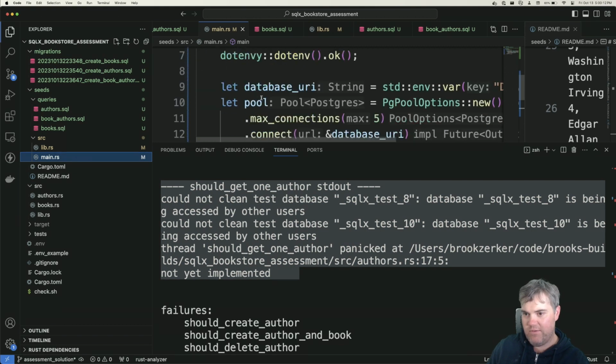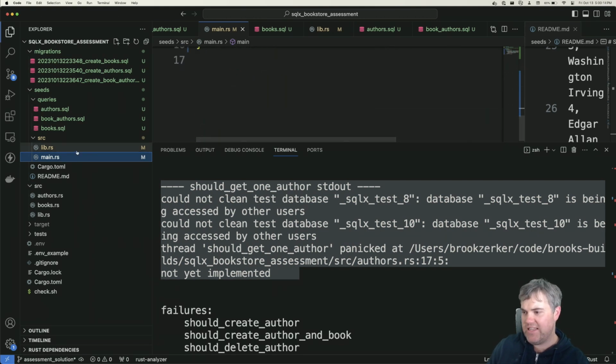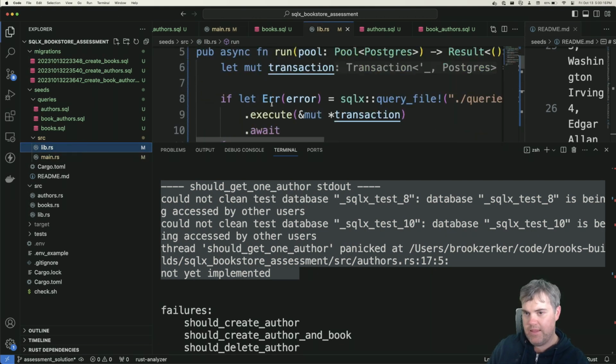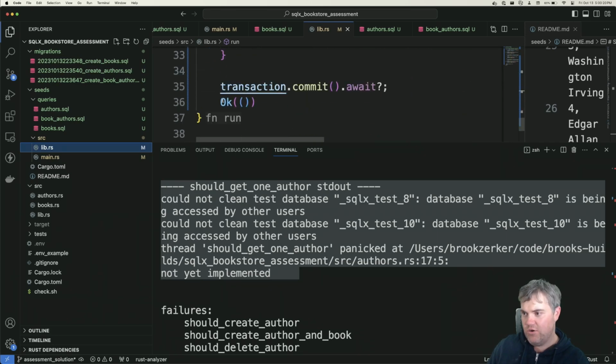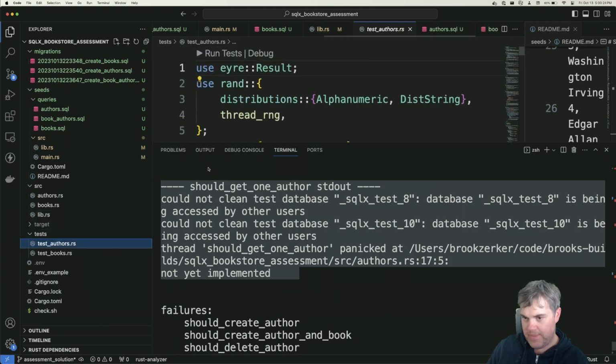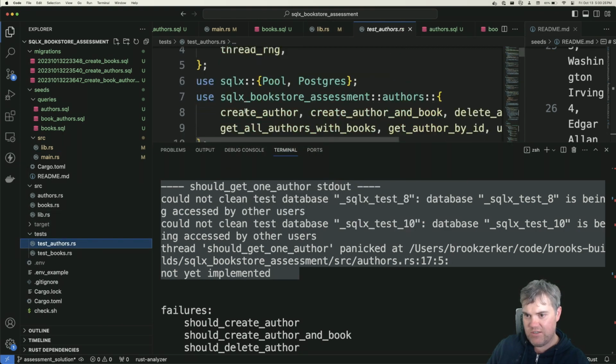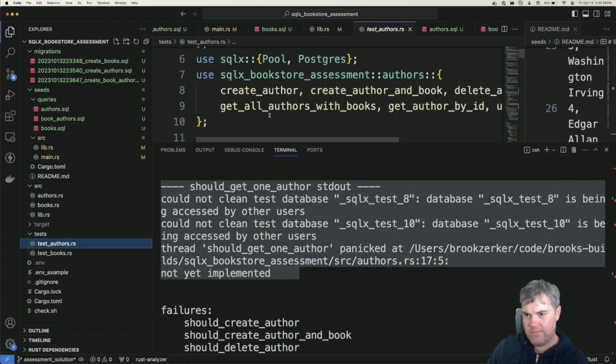And I ran run from this, right? Yeah, I ran it because we ran the seeds ourselves. And pub run is here, and that works, which means that these tests between test authors, like the first one,